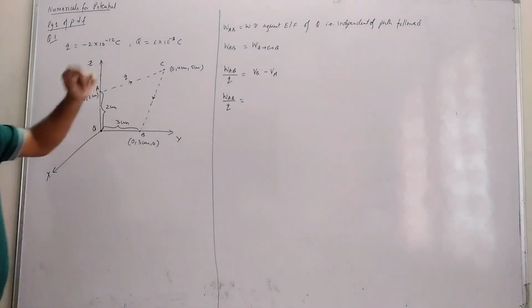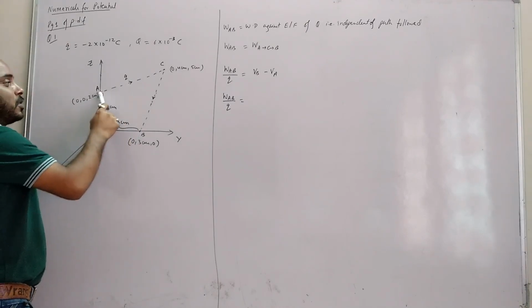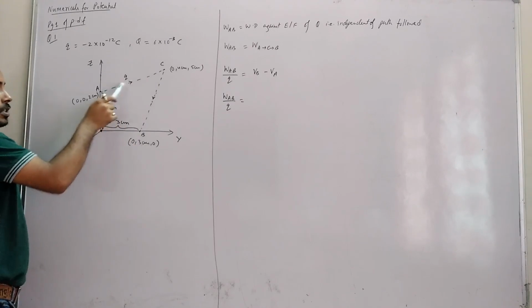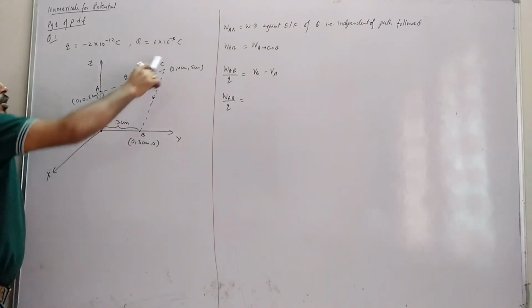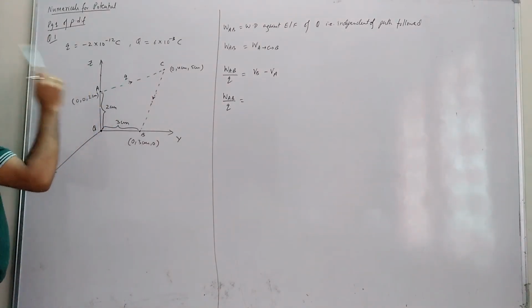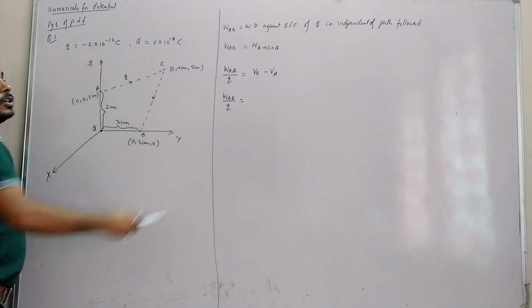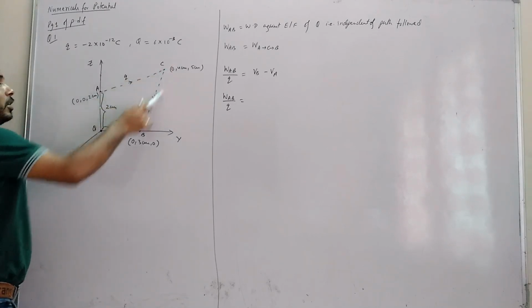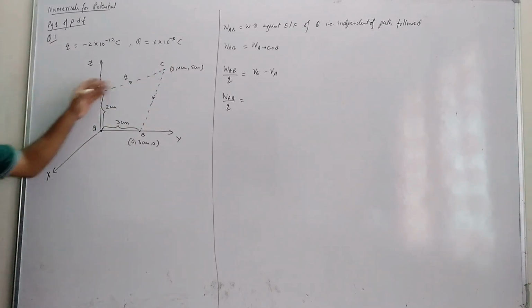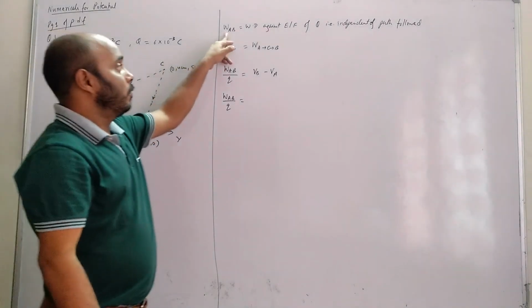Okay, now the question is: this charge I am shifting from A to B via C. That means first we'll go to C, then we'll go to B. It's arrow shape, see the arrow. A to C, then C to B. This is the total path of the charge which we are moving. Now we are moving this charge against the electric field of charge Q, because this charge Q has some electric field around it. So against that electric field, I am moving the charge from here to here. So we need to find the work done from A to B via C. Now we know work done against an electric field is conservative in nature, that is, independent of the path followed. So that's our key point.